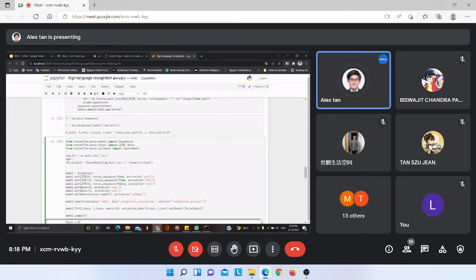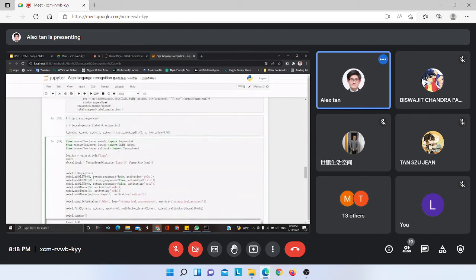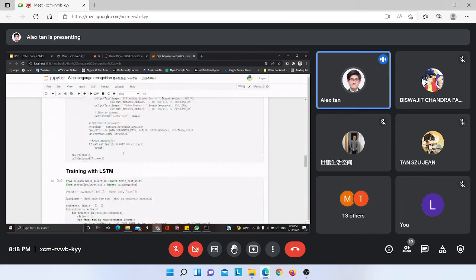And one thing, when you are trying to train your model, you would like to see how well your model is doing. So here we can use a tool called TensorBoard. If I start training now,